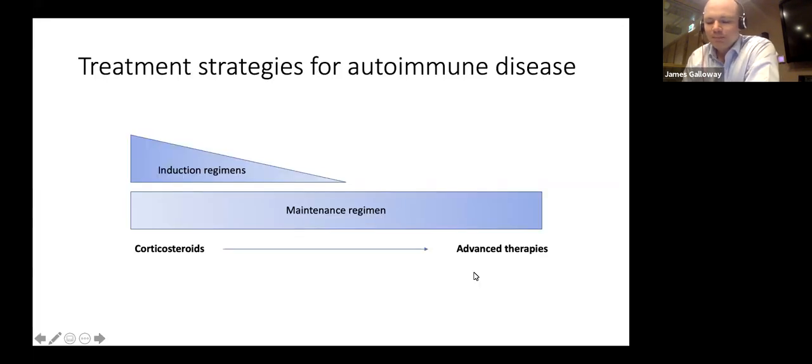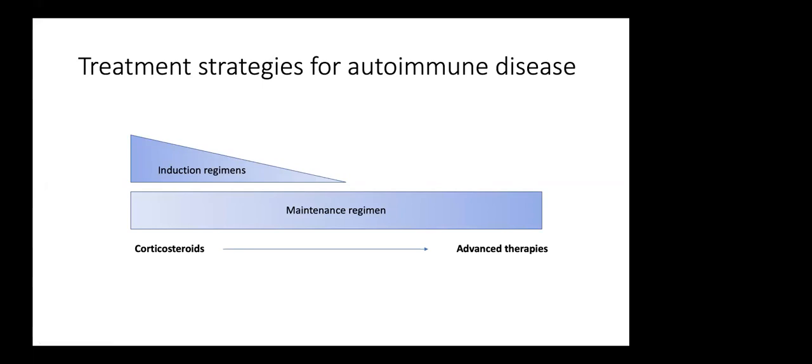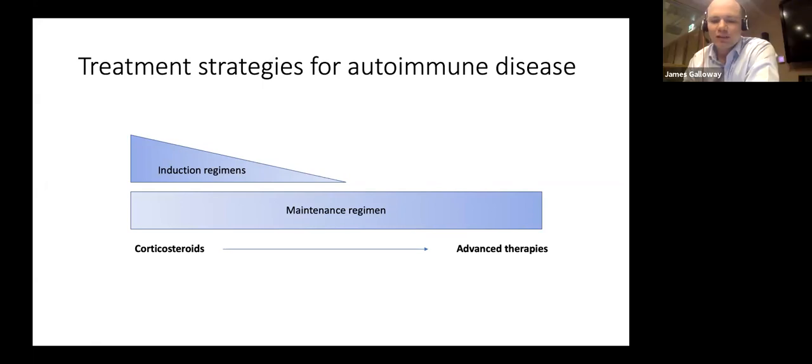I think the treatment paradigm for rheumatoid arthritis has evolved substantially over the last few decades, but the current concept about how we treat, and I'm saying rheumatoid, it's true for many other of our inflammatory autoimmune musculoskeletal diseases as well, is that early on in the treatment course there is a window where we recognize we need to be rapid in getting people onto medication, often using combinations of medication alongside corticosteroids, with a move over time to become, we get people onto established maintenance therapy with often slightly fewer drugs, less corticosteroids,